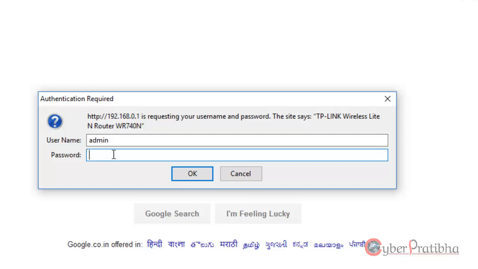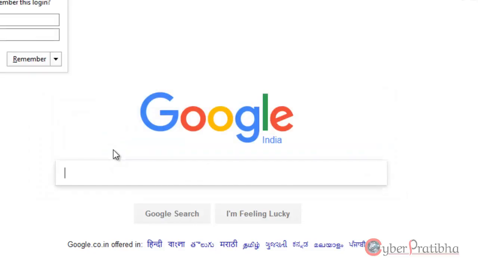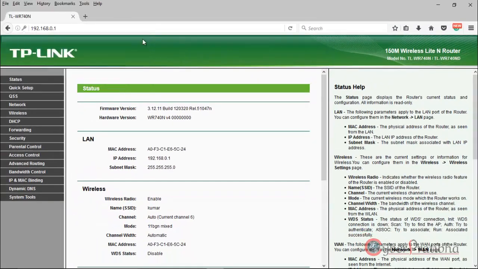For the TP-Link WR740N, after resetting, the username is admin and the password is also admin. You will get access to the router.